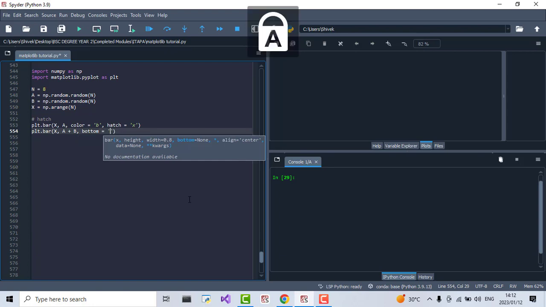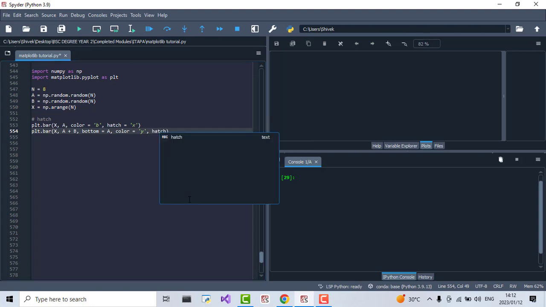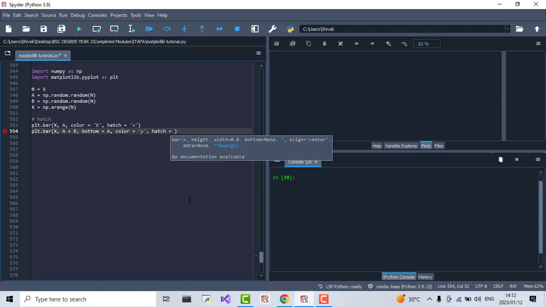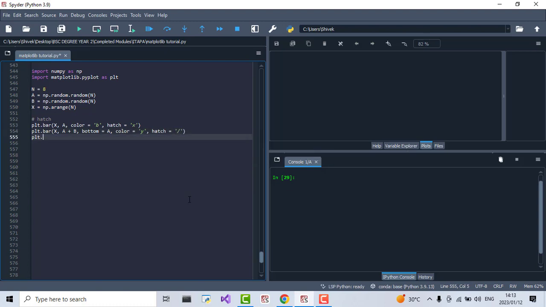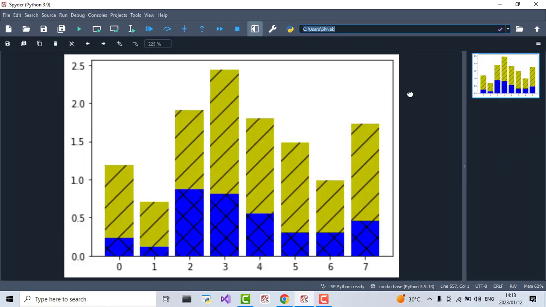Bottom is equal to b or a. Next, go ahead, type color is equal to, maybe for this one we can do a yellow. I would like you guys to have this parameter again, hatch is equal to, and a forward slash. plt.show. Now go ahead, guys, run this and you will observe a really very cool bar plot that shows up